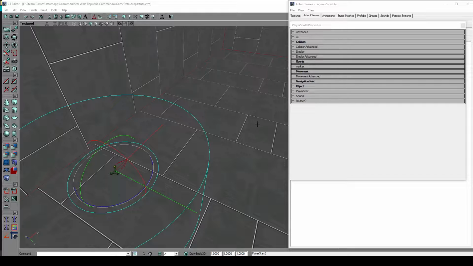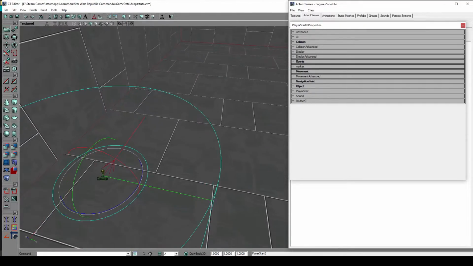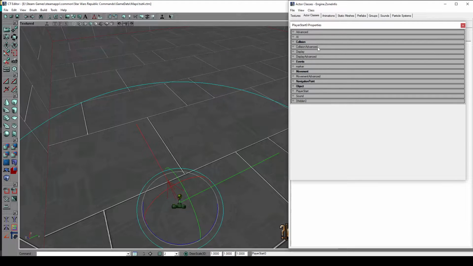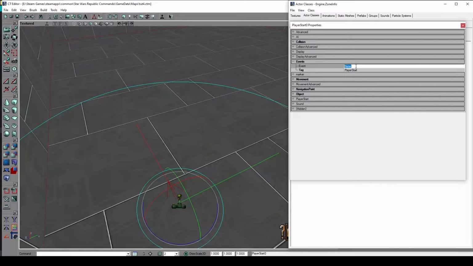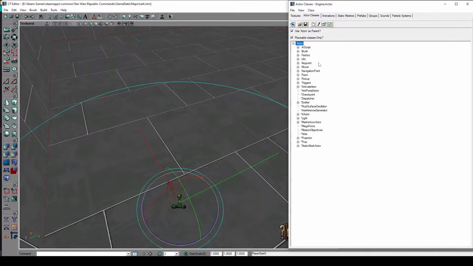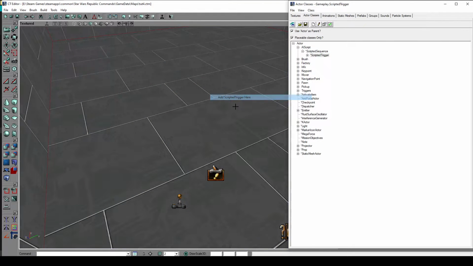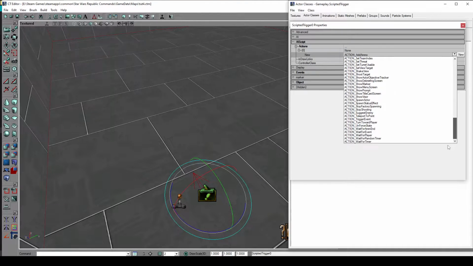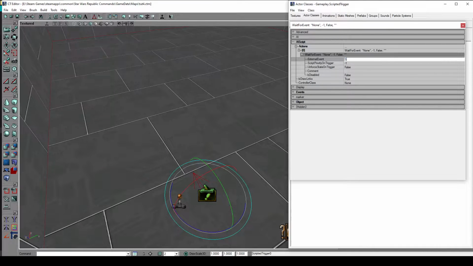In this part I will show you more common scripted actions you can do for your interactive single player map. Let's start off. I opened up the properties of the player start and I just assign a new event called start, and let's place a scripted trigger right next to the player start. Open up the properties, wait for event, start,